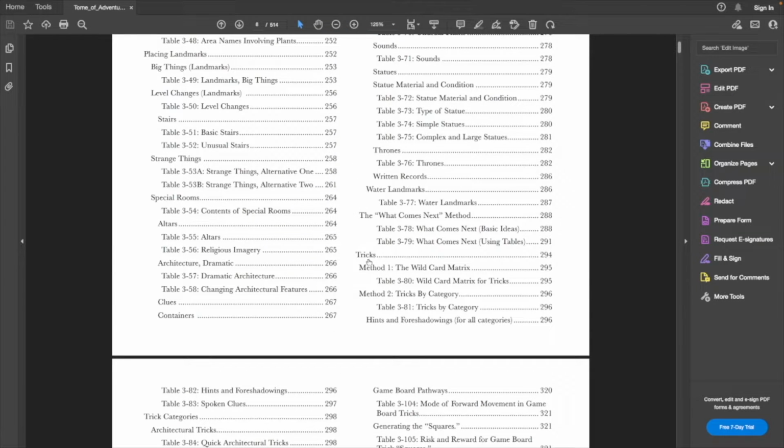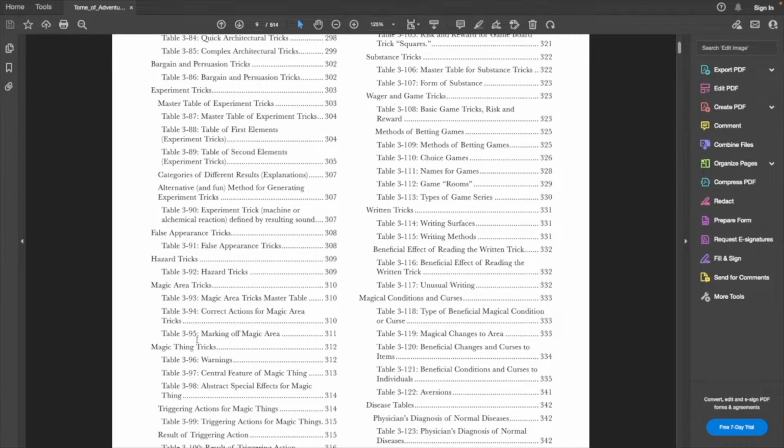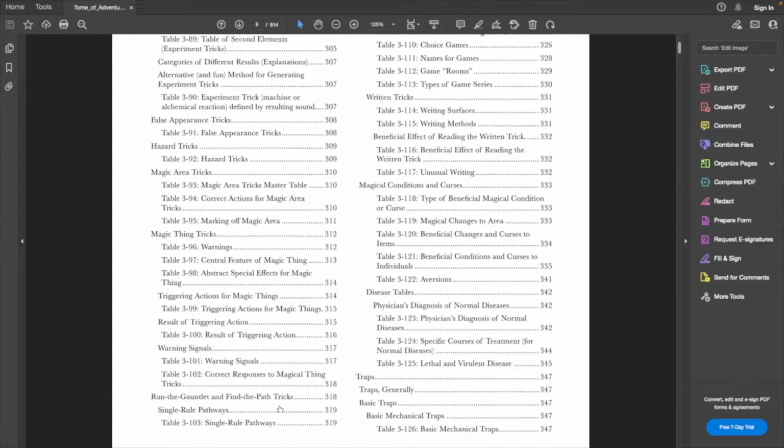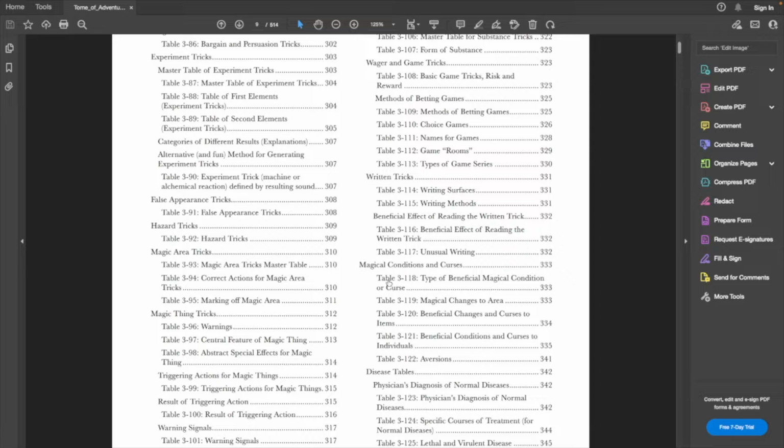So we get into tricks. Trick categories, experimental tricks, all these different types of tricks they talk about. Run the gauntlet and find the path tricks. All right, so still all these different types: substance tricks, wager game tricks, written, magical condition, curses. Okay, now we move on from tricks when we get to magical conditions and curses,